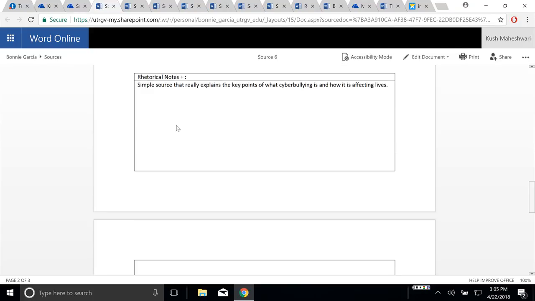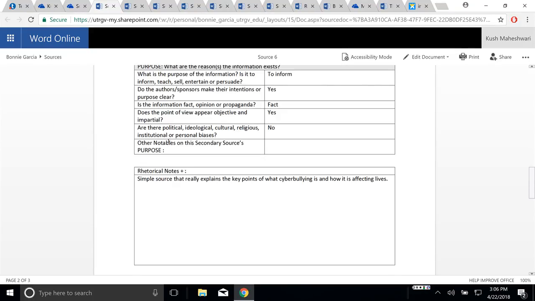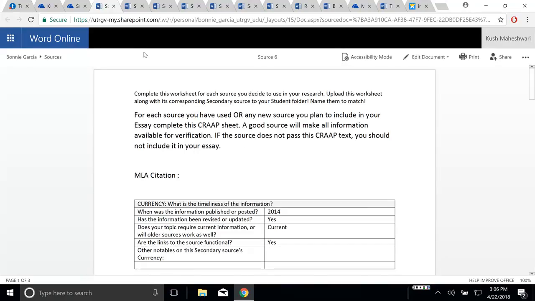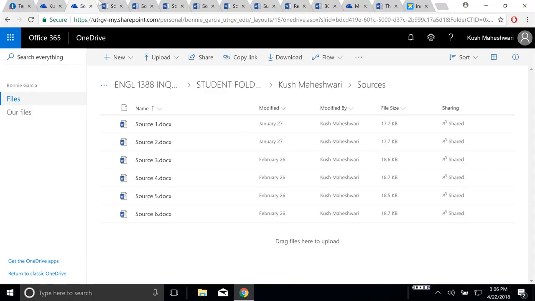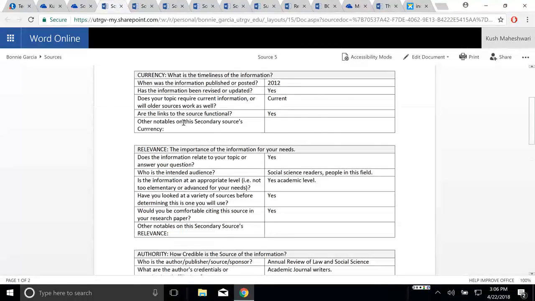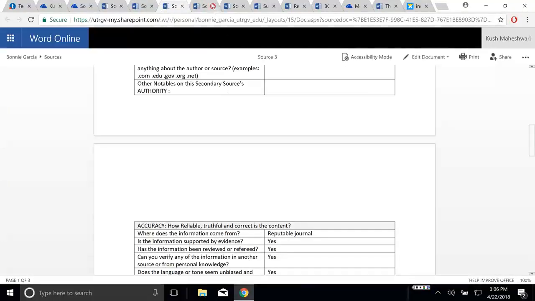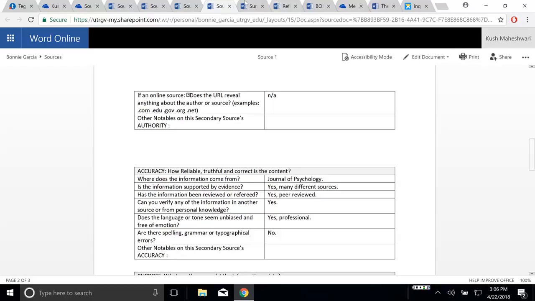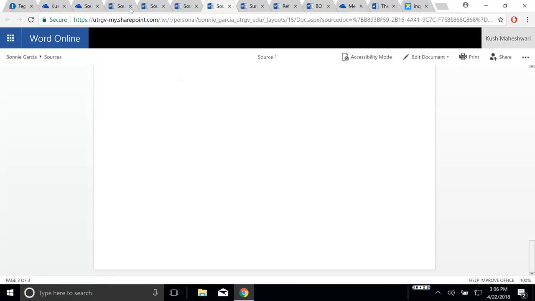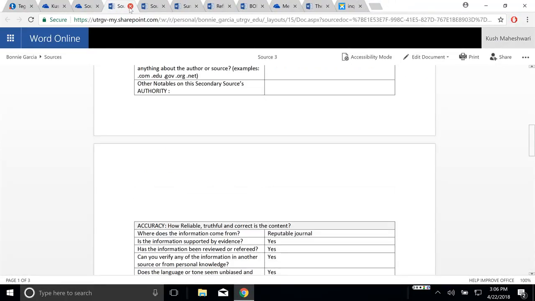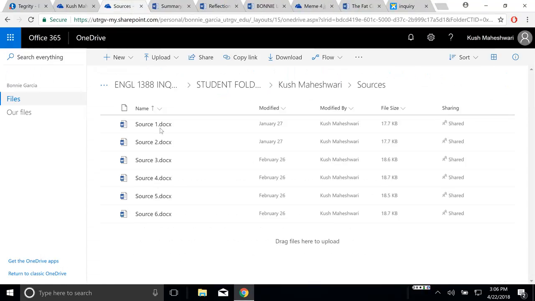And the rhetorical notes section is just some key points that you can put in to help you remember what sources are more relevant to your discussion and what you're going to use. And as you can see, this was very helpful for me in analyzing my sources. Again, I did them for these 6 different sources, and it helped me eliminate and focus on the ones that were the best for my paper. It's just a really methodical way of going through and really checking that the sources you're using are correct and are going to be beneficial to you.